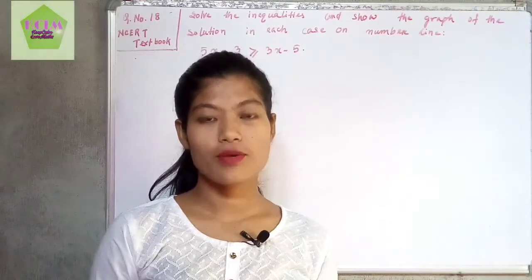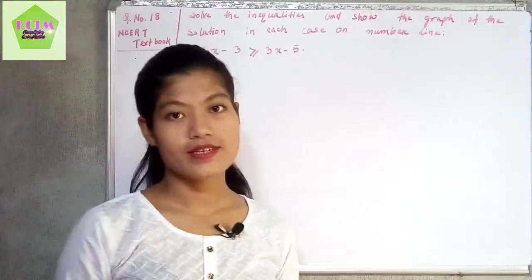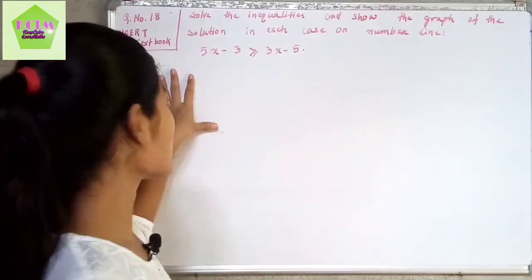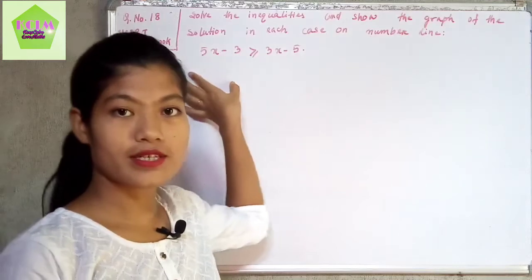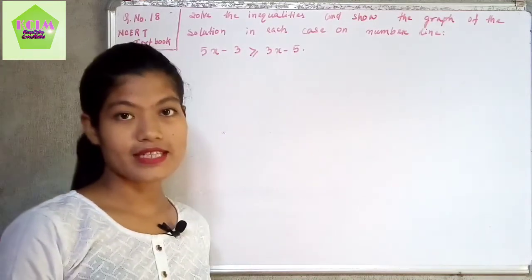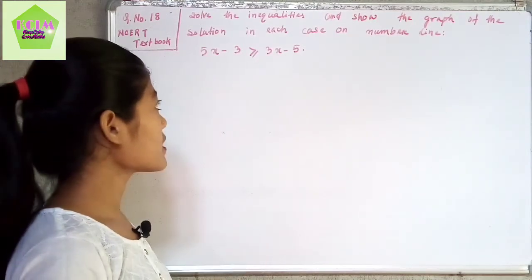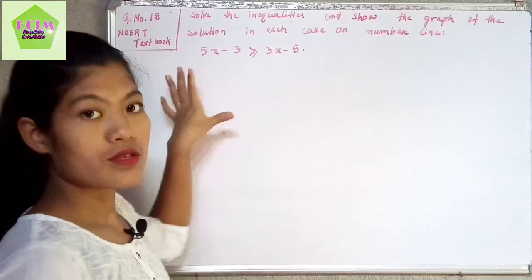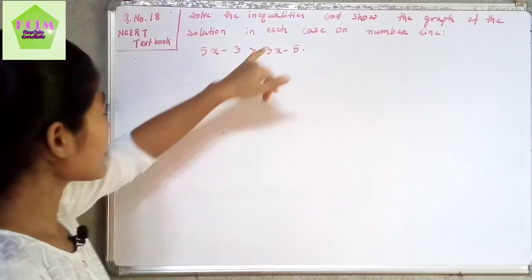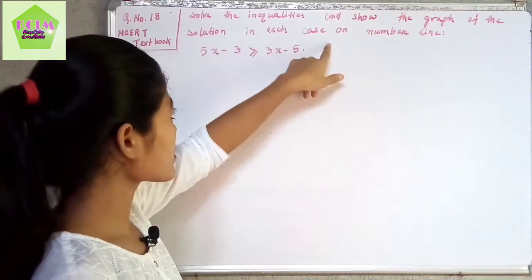So continuing from previous sessions over linear inequalities and on the exercise. Today's first question is question number 18 from the exercise of linear inequalities from the NCERT textbook. The first question is 5x minus 3 is greater than or equal to 3x minus 5. We have to solve the inequalities and show the graph of the solution in each case on the number